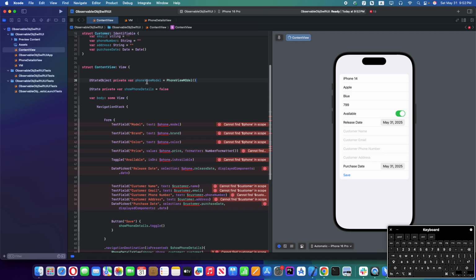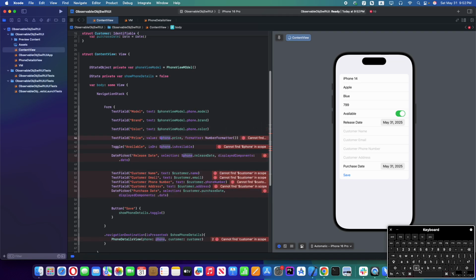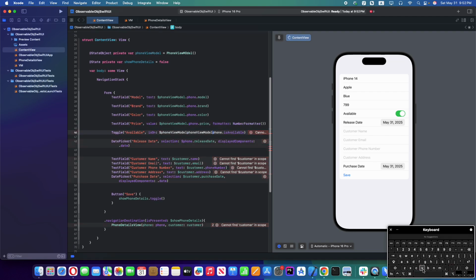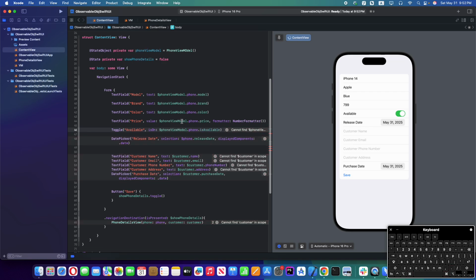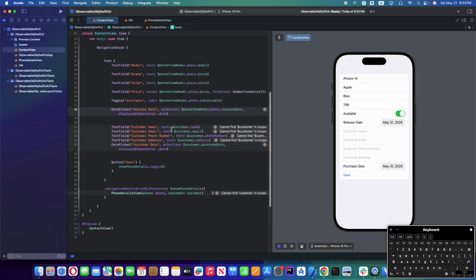Okay, so now let's make it like on view model and paste it, and again here do all this and do this and do this and do this as well, and yeah, the same here and same here,